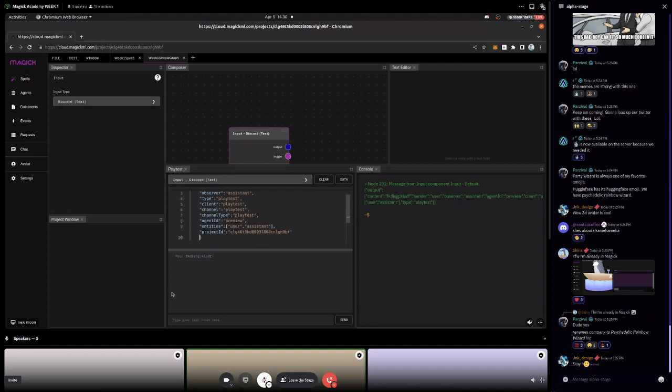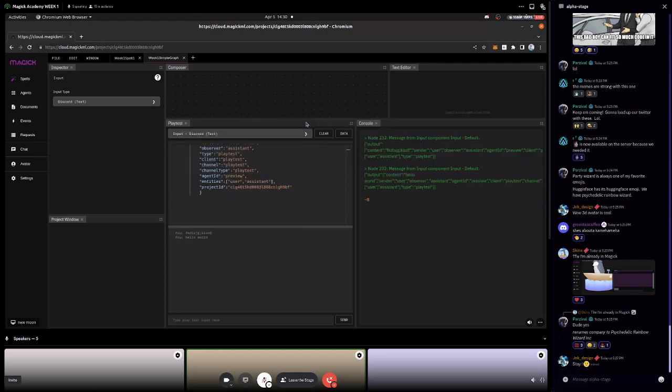And so when we send, I don't know, hello world, it's actually sending all of this information here. Plus, it's adding in a field like content. I'm sorry if this looks complex to you. This is data, right? This is called a JSON object, but just imagine it's some data. And the way it's organized is that there's a key and there's a value. There's a sender, and then the sender is user. The content is hello world. The observer is assistant.